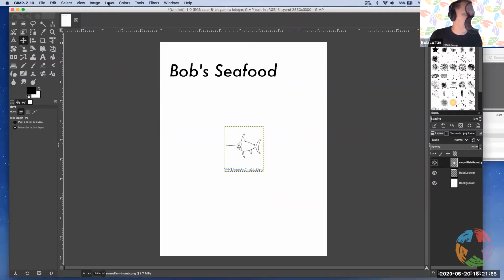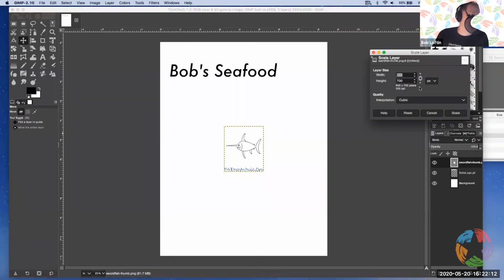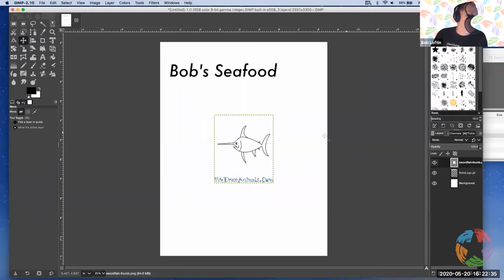This time, instead of going to the layer menu, I'm on a Mac at home, but I have a mouse that has a right-click button. So I'm going to right-click on that layer, and you see the same menu pop up, and I'm going to go to Scale Layer again. And this time, instead of doing pixels, just to show you what it looks like, you can do percent, inches, whatever. I'm going to click percent, and I'm going to make this 150% of its original size, and you can see the height automatically scale to that. And I'm going to click Scale. Okay, now